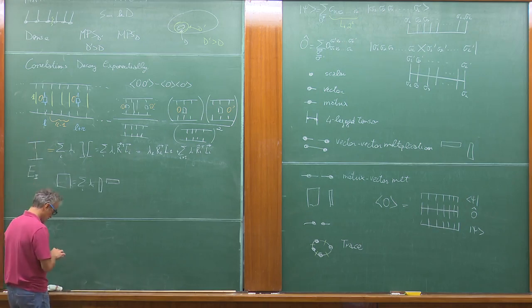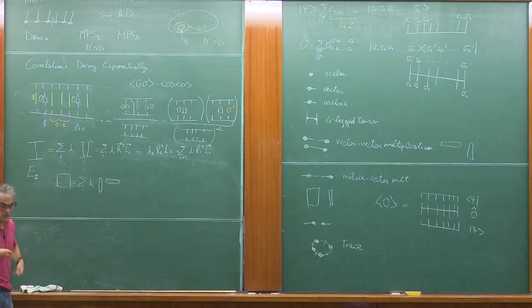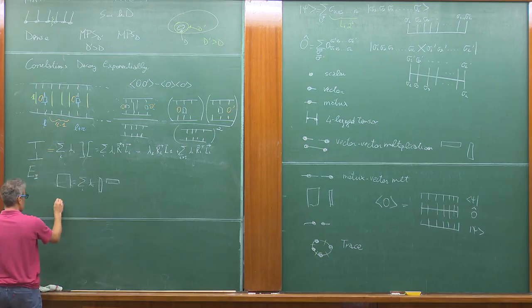Okay, now you can see that it's like when you have transfer matrices, right? If you have infinitely many of them, there's only one that dominates. So everything that is on the left can be written as lambda 1 to the power of all the elements you have to the left. Let's call it alpha.